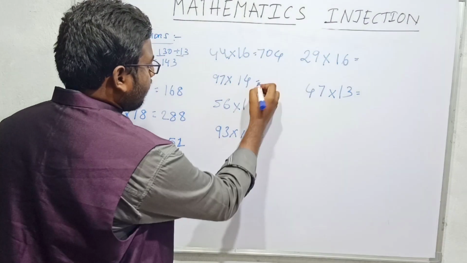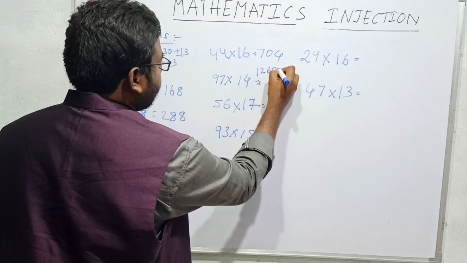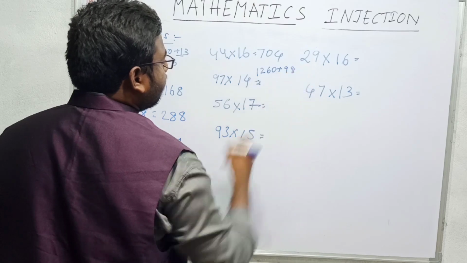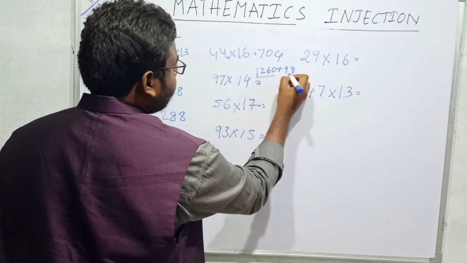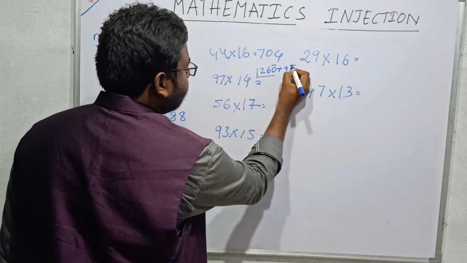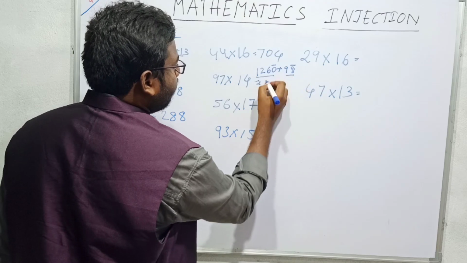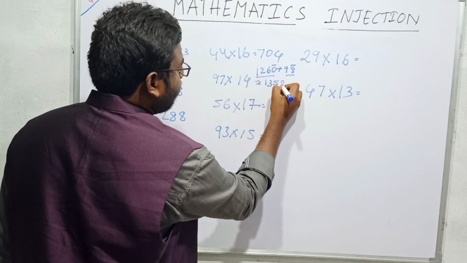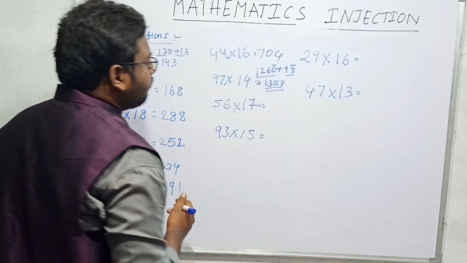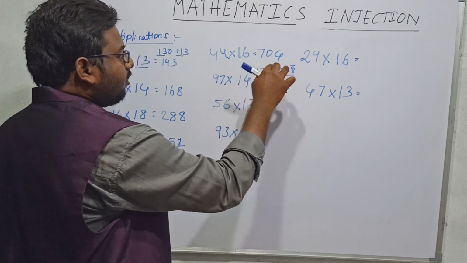For example, in this type of case, this is the first case we are seeing, 1260 plus 98. This is adding a 4-digit number with a 2-digit number. We will see the same process here. We will group unit digit and unit digit, and 126 plus 9 will be 135, and the unit digit will be 8. What we will do means we will see unit digit 8 as it is, and we will add 126 to 9.